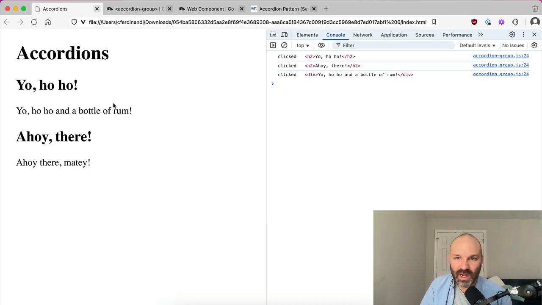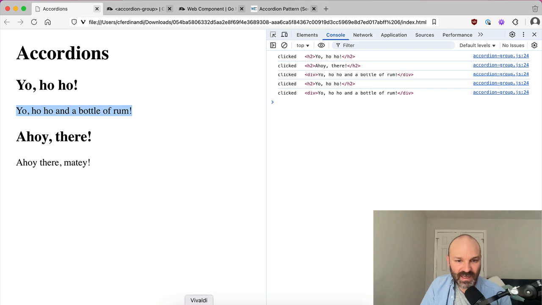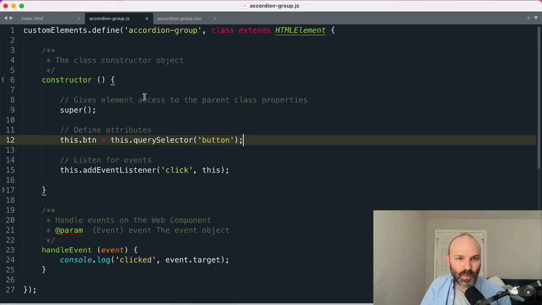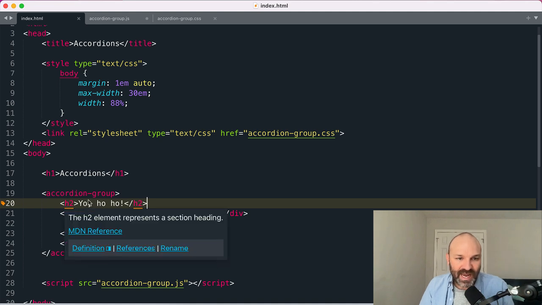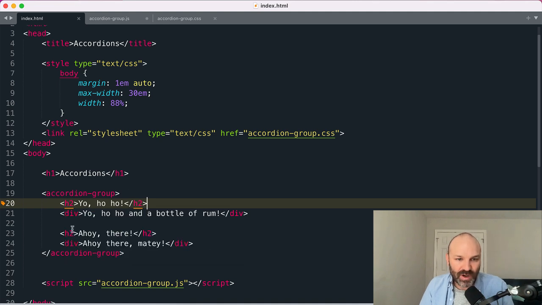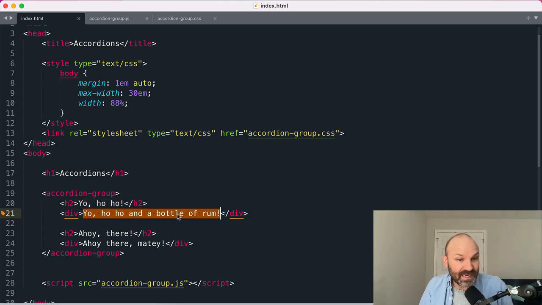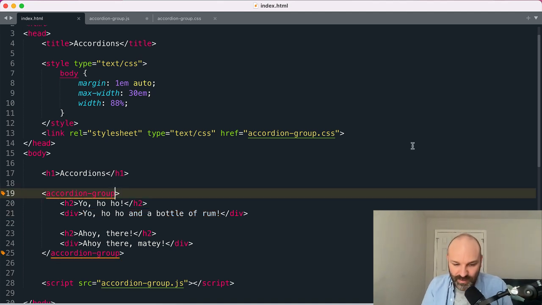Cool. So we have some stuff to do. We want to convert this into a button. We need to add ARIA controls, which means these need to have an ID. So we have some work to do here. So I think the very first thing we need to know is which heading level we are using for our accordion toggles, because you could have headings nested inside the content, and you maybe don't necessarily want those to be toggles as well. So I think what we're going to do, we're going to add an attribute, headings equals,